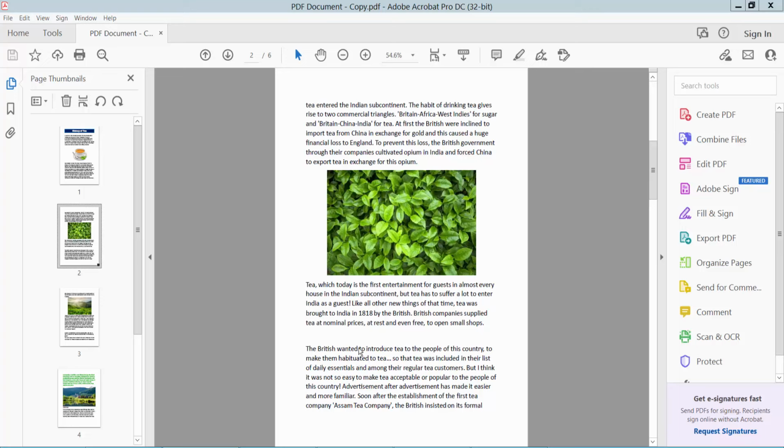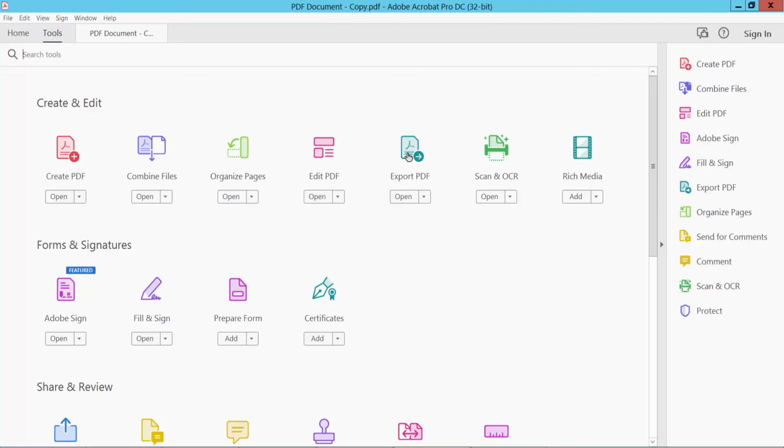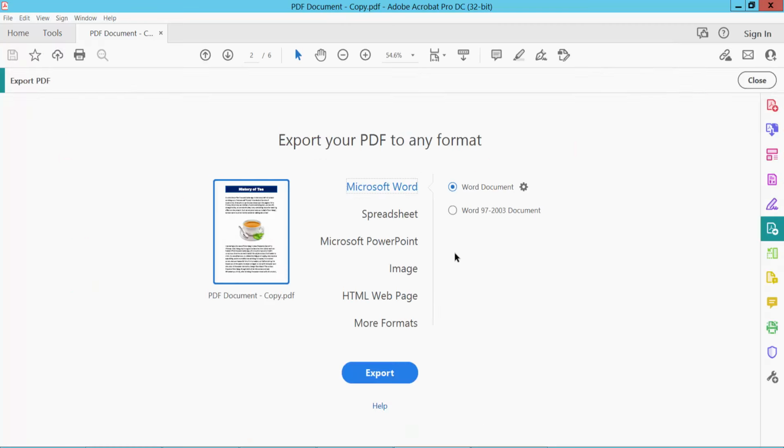Hello everyone, today I will show you how to convert PDF to high quality or high resolution PNG images using Adobe Acrobat Pro DC. This is my PDF file. Now select this tools option and select an export PDF option and select image and select the PNG option and